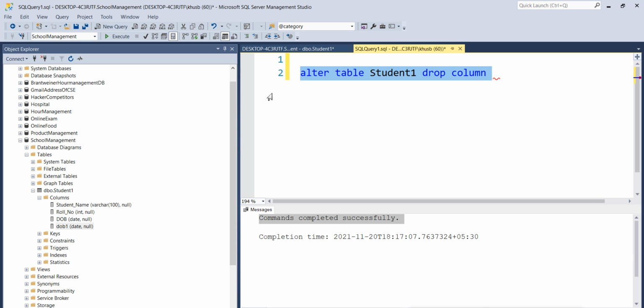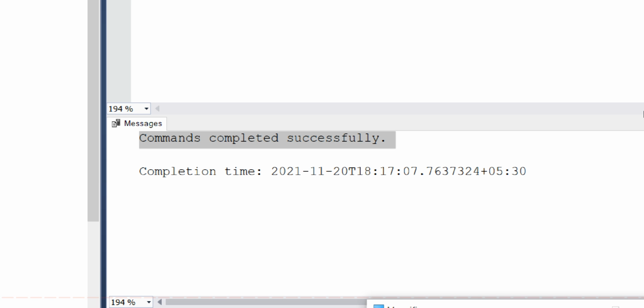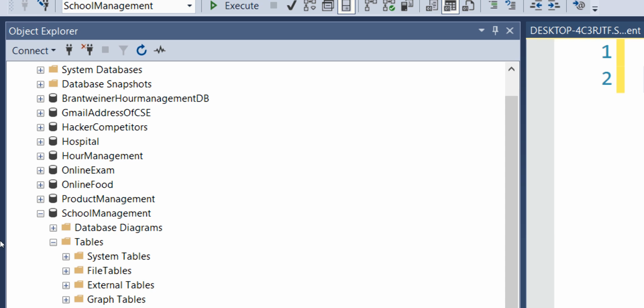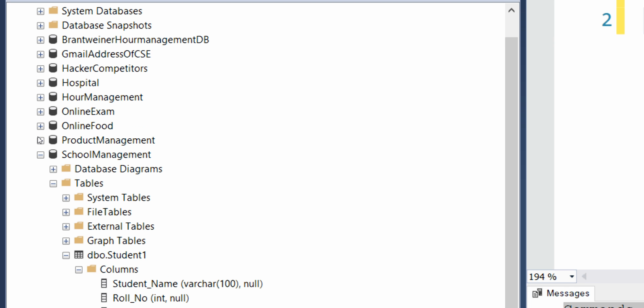So we will do it for later, because we are just learning about the basics right now. So now let's say we have written the queries for all of these, right? So now the designing part, how we can do the same task. Until now we have done creating a table, creating a database, renaming a table. All these tasks can be performed by the designing mode available in SQL.